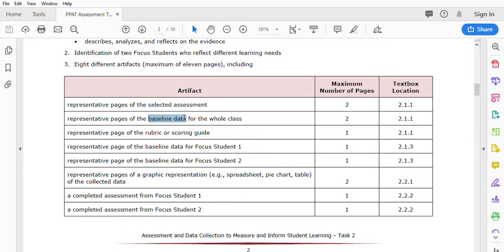Anytime it says baseline data, that is referring to your pre-assessment. Baseline data means pre-assessment. So for 2.1.1, your artifact is the pre-assessment. And for 2.1.3, your artifact is the pre-assessment. Okay, so that is very different than what we talked about last week,